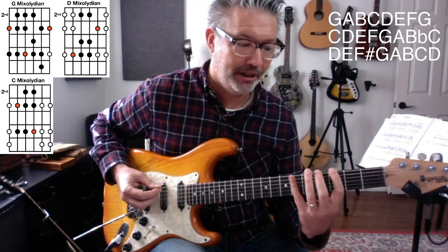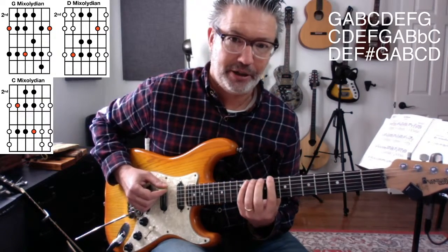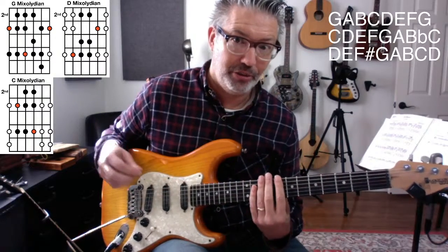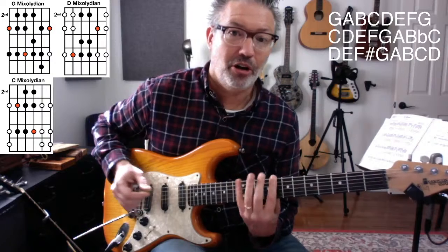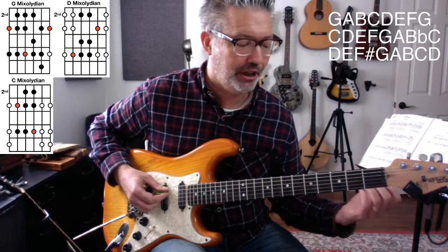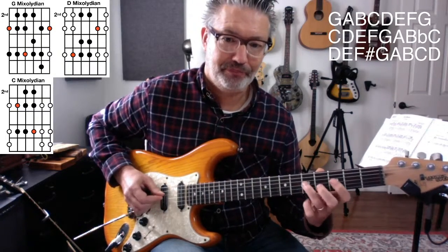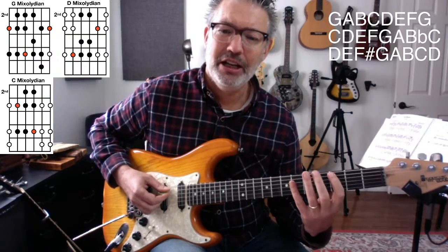Now you know you can make C minor, you got A minor or G minor pentatonic right here. You know you can make C minor pentatonic just by moving your hand up to the 8th fret, and you can play the minor pentatonic that we all know and love. That would be C minor pentatonic. But you can also play it right here using pentatonic shape number 4. No, number 4. Okay, but